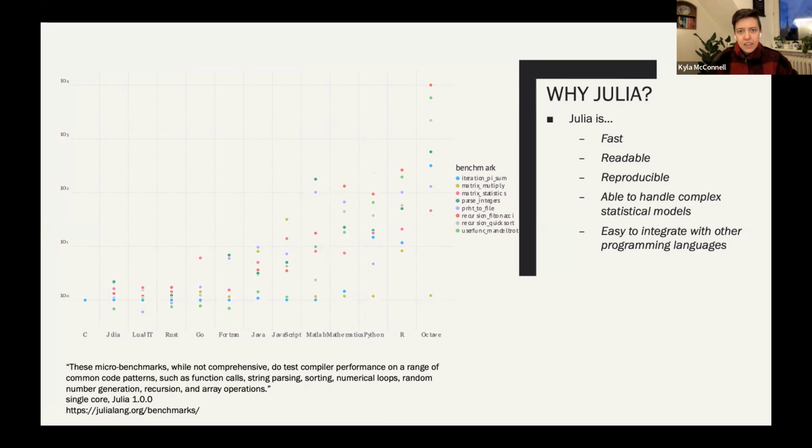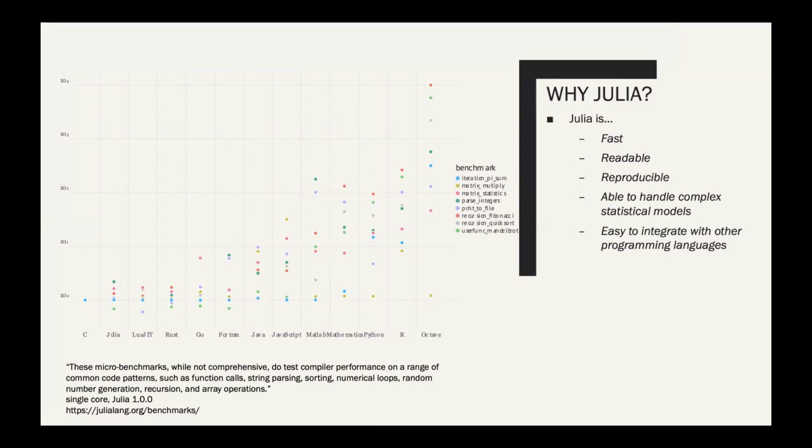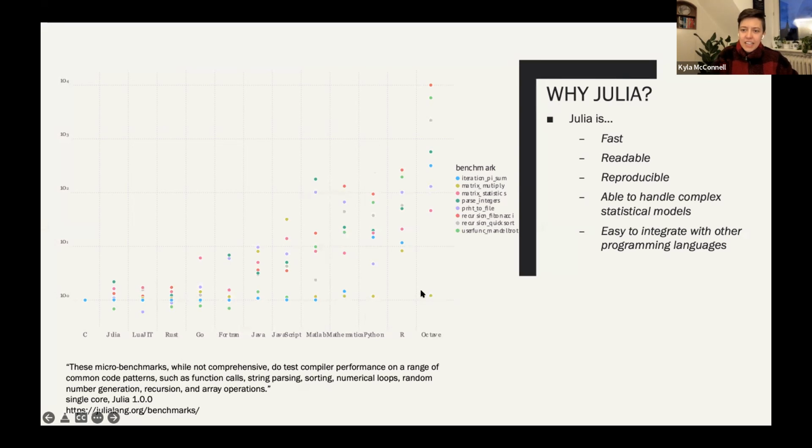It also has a strong emphasis on reproducible methods and environments that you can use Julia in, for example, in an academic context, if you want reproducible research. On the data science side, it can handle really complex models. It can handle a lot of what you throw at it. And Julia is really easy to integrate with other programming languages. There are a lot of packages that make it easy for you to use some of your favorite features from R or Python, for example.